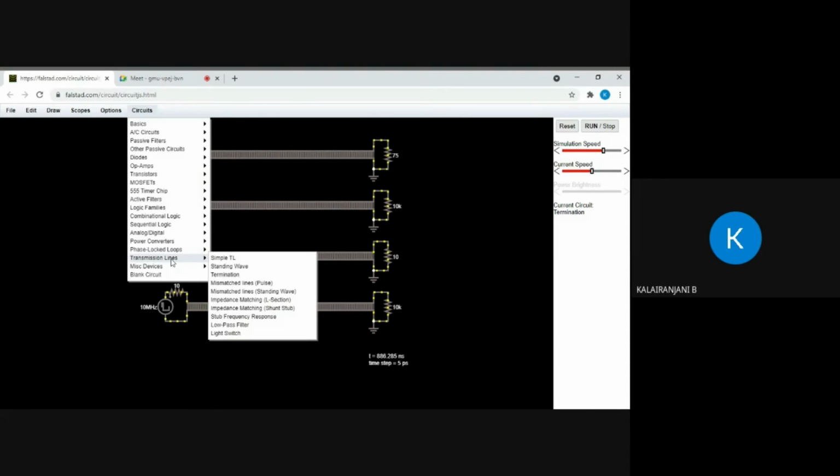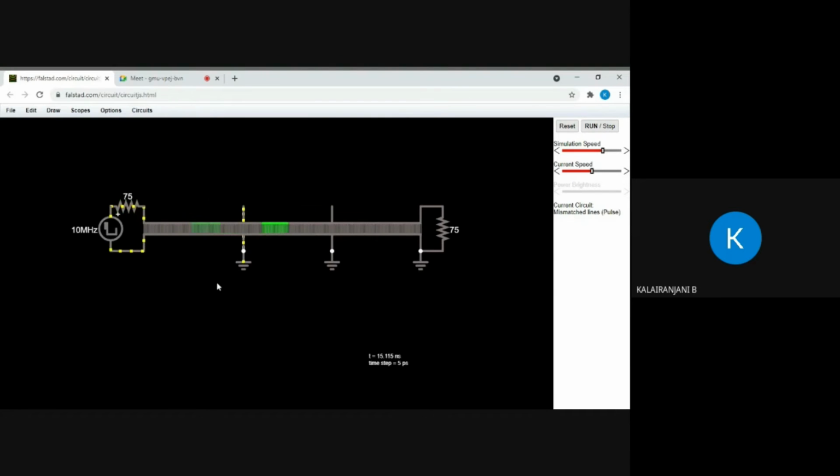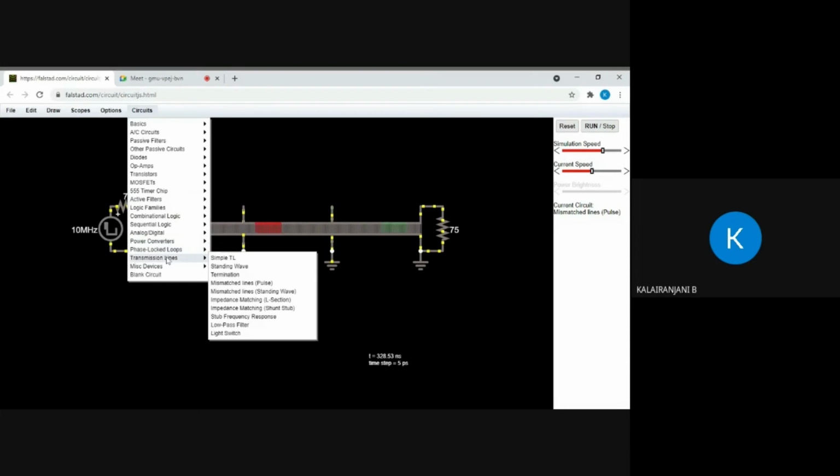So moving on to the next one, mismatched lines. This is a simple circuit showing three mismatched lines. This is a 75 ohm transmission line, this is 500 ohm, and this is 75 ohm again. So the two lines at the ends are 75 ohms, and the middle line is 500 ohms. The waves traveling down the line are reflected at transmission line boundaries. The next one is